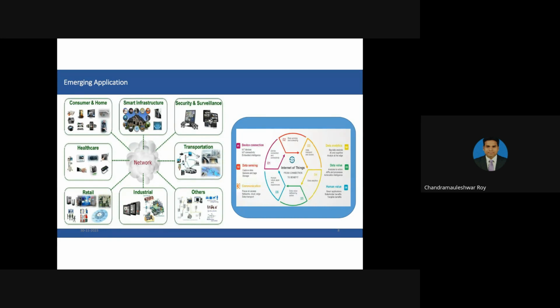Then all of this works in these steps. First, data should be connected from the sensor. So data connection or data collection: data sensing from the sensor. Then communication: that data should be communicated. So the communication part is the other part of IoT. Communication means sending the data to the proper place, or to the cloud.